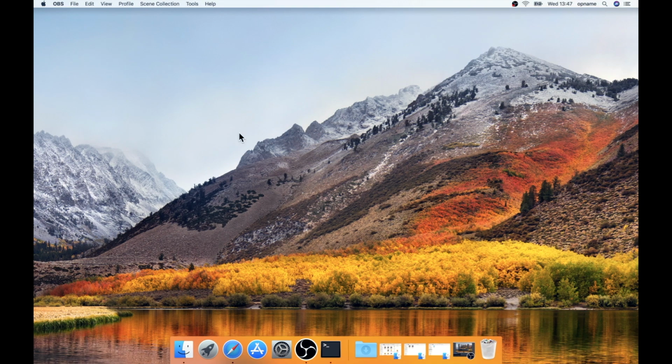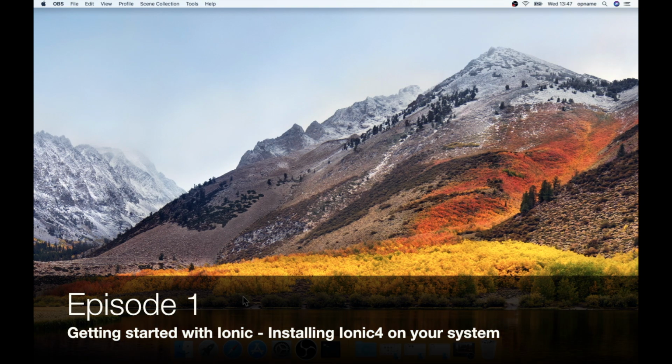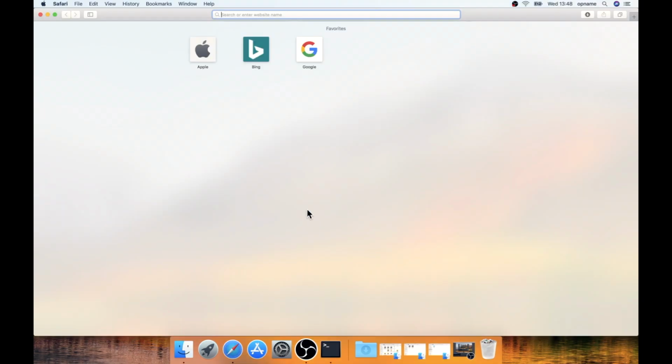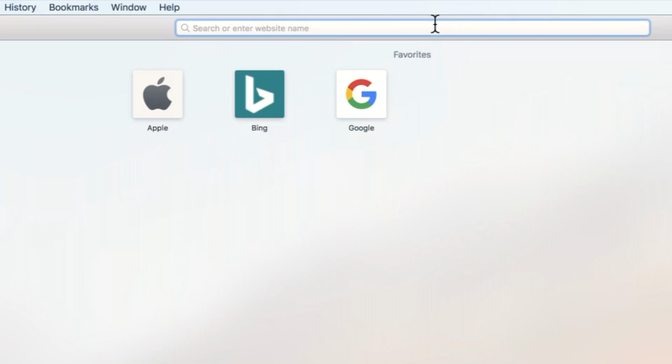Today we're going to set up an Ionic environment, and we're going to do that for Ionic 4. It is in beta right now, but it is the newest release and it's almost out of beta. What we're going to do is open a new window and go to the website